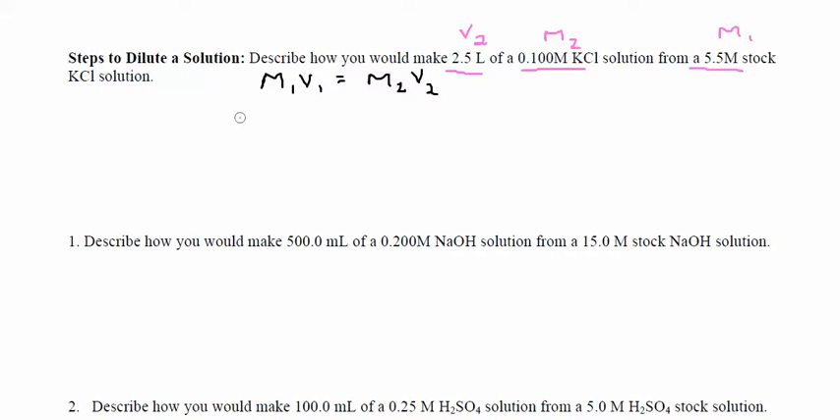So I'm going to plug in all my values right now. I know 5.5 is my molarity. I want to know what volume of that I need, so I'm going to multiply that by V1, and set that equal to 2.5 liters times 0.100 molar. Now I'm solving for V1. We've already done this, so 2.5 times 0.1 divided by 5.5, and the volume I got was 0.045